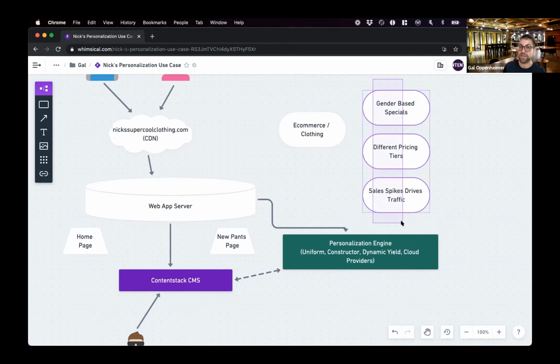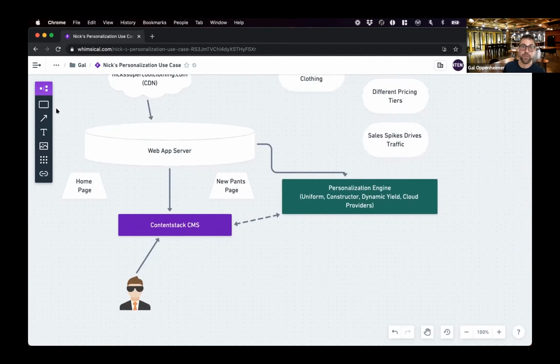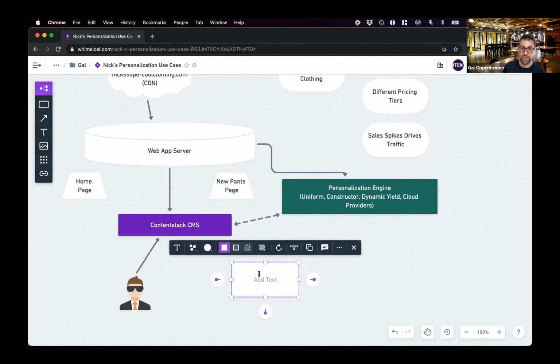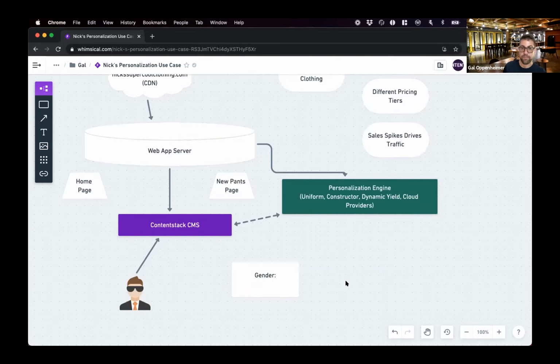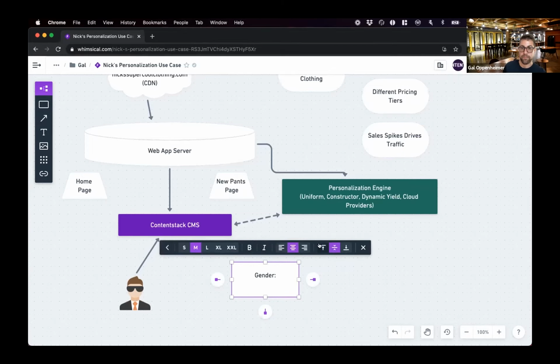And then you'll have basically tags for these items. For the gender-based specials, you might have a gender tag, and this will show men, women, kids, maybe. Actually, it might be boys and girls because you may want to separate out the clothing for kids.